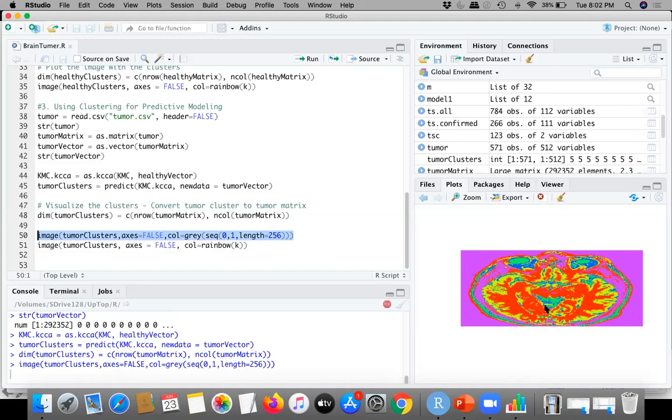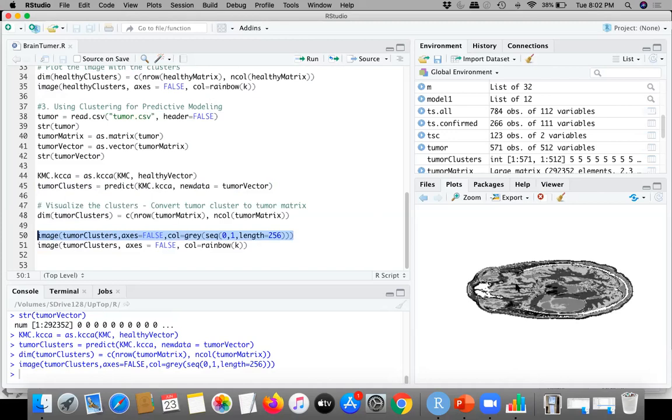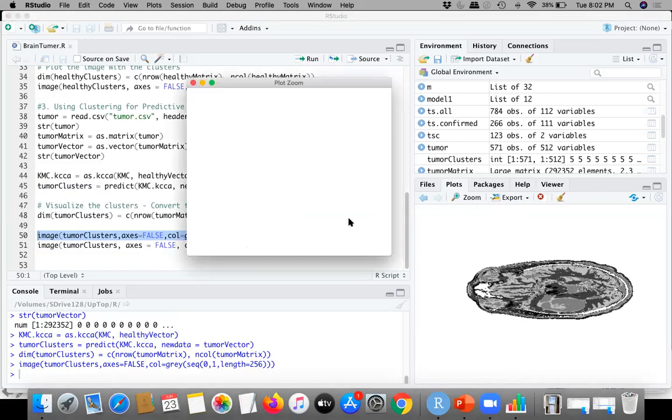Now on the right side, we can see the gray scale image, which will show a tumor. It is still in progress because it's rendering. Yes. Now let me zoom it to show it at a greater scale.